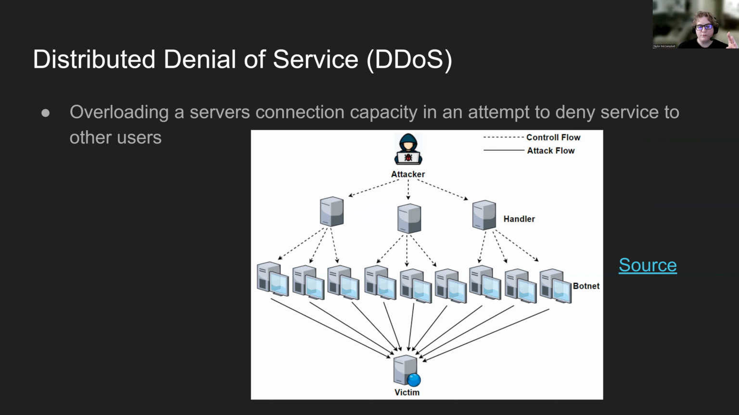If you've ever played multiplayer games, you may have been booted off of a server or something. This happened to me back in the day when I played Halo online. I would get booted off of servers, and a lot of times it was due to people DDoSing or actually just DoSing